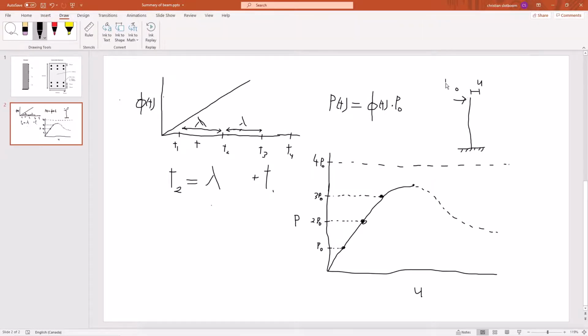Yeah, so we could instead specify some u0 factor. And then if we think of what's going on, our time step is still changing linearly. But instead of having the forces change like this, now we're having the displacement change. So if we look at what that will be like,